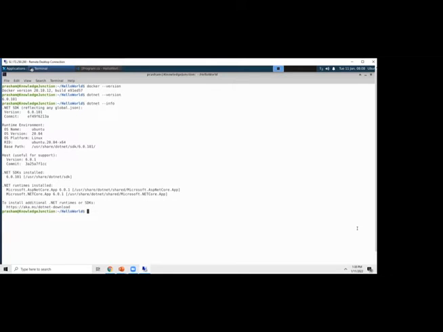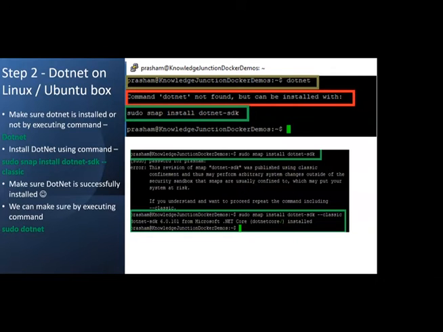If it is not installed, we'll get the same message, command dotnet not found, but it can be installed with sudo snap install. So we need to make sure whether .NET is installed or not. These are the snaps for installing .NET and Docker, just to have an idea.